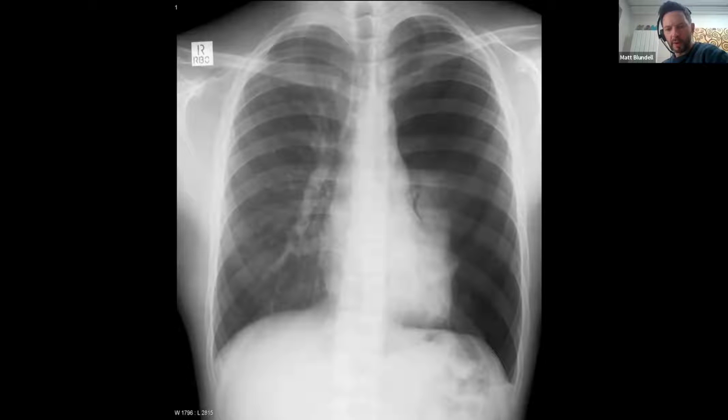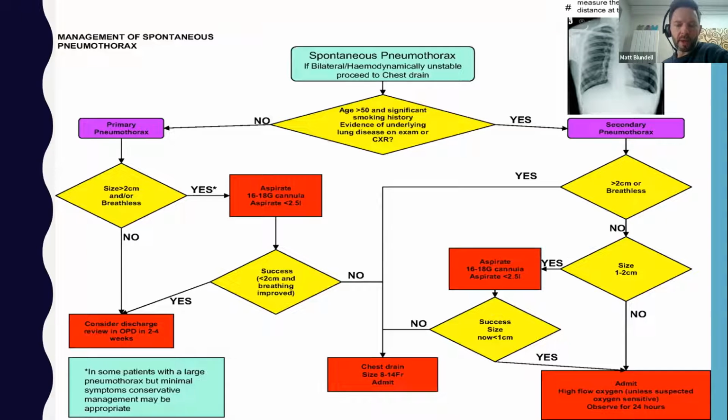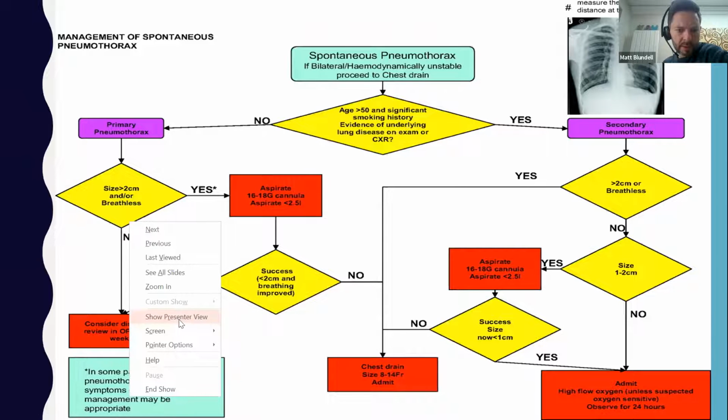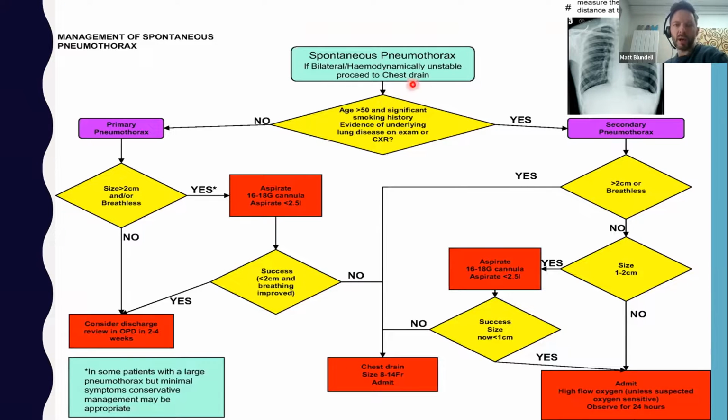So hopefully you can see there's a large left-sided pneumothorax. Traditionally we go via this, which is the BTS guidelines. Hopefully you are fairly familiar with this. This has been around since 2010 and hasn't really been updated since then. Sorry, you can see my laser pointer. So this is for